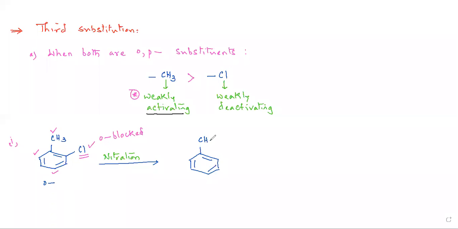Now, I've taken the para one. This is one such possibility. Then the second possibility is this. Right? Now, these are the two isomers possible